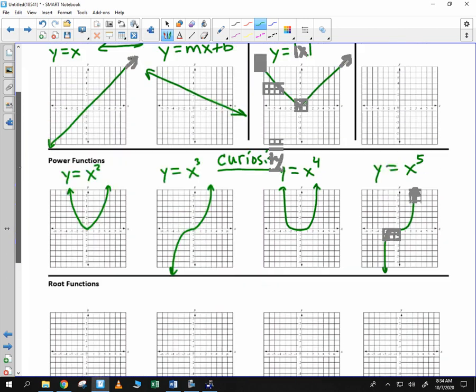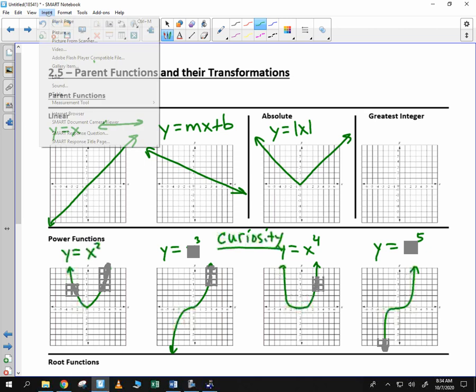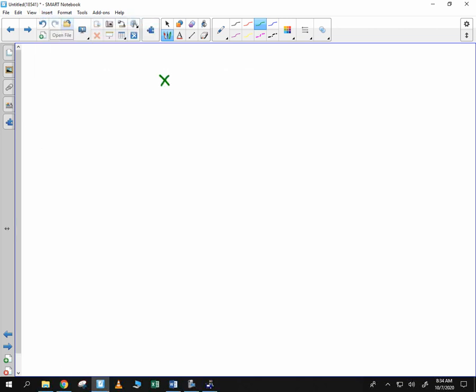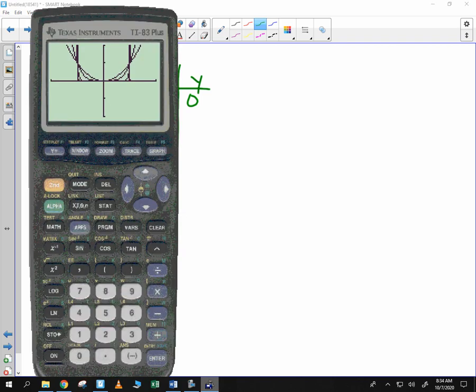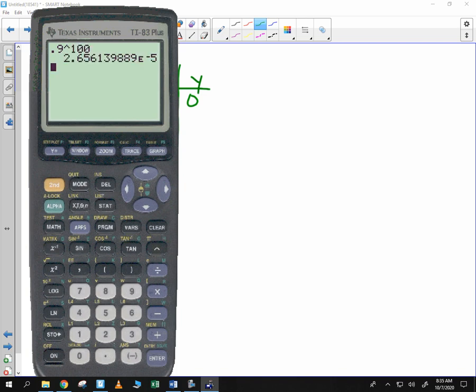And if you think about why that happens, if you were to consider these values, obviously, if you take y is equal to, let's say, x to the 100th, okay? 0 to the 100th is 0. But let's get close to 1. If you take, say, 0.9 and raise it to the 100th power, because it's less than 1, it's going to decrease in value, and it's going to come out to be a very small value. In fact, if we try that, 0.9 raised to the 100th power,